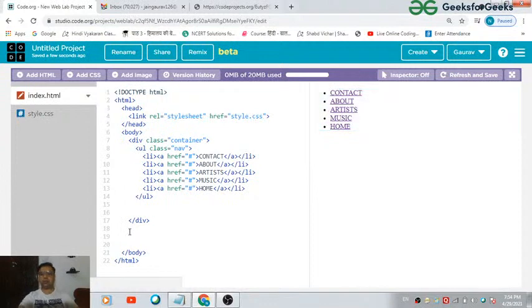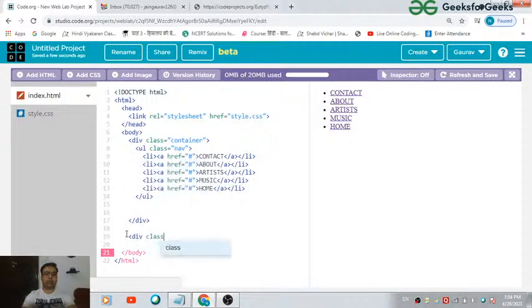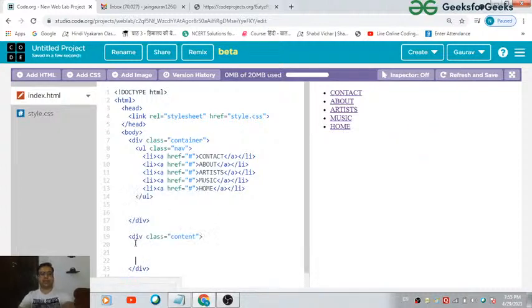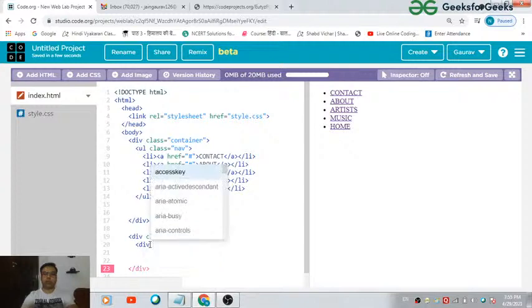Now after this division section, let's have one more division section with some other class names. So for this division, we are going to have a class with name content. So we are going to define all the content in between these division tags inside this division section. Okay, and I would like to have one more division inside it, with let's say class name is left